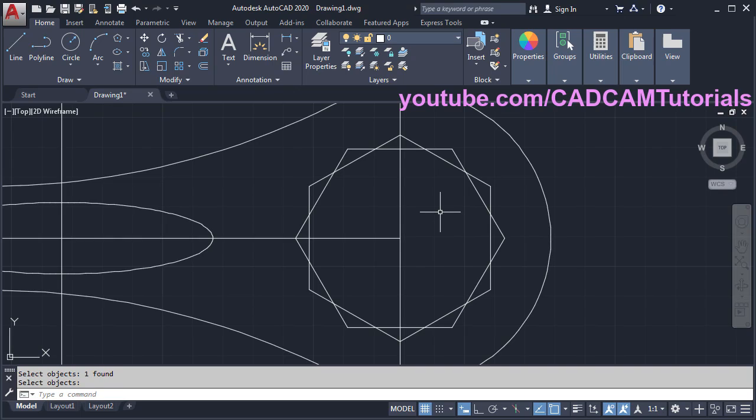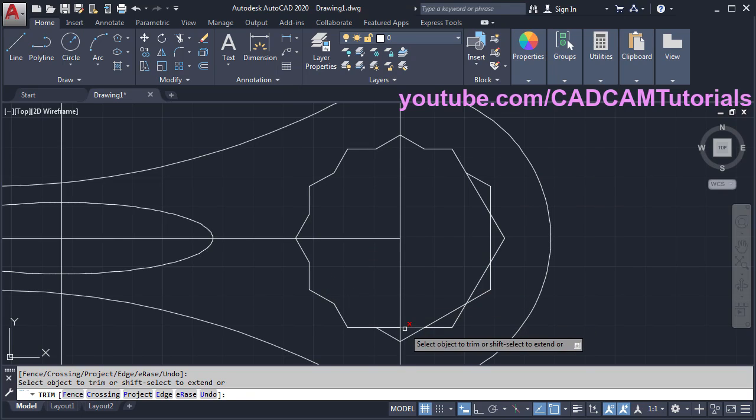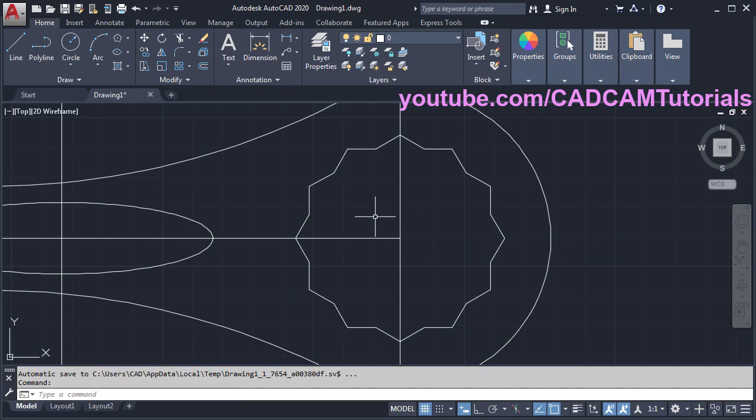Then trim unwanted objects, type TR, enter, then again enter to select all objects as cutting edges, and then click on the objects to be removed. This shape is also ready. Press enter, zoom minus,